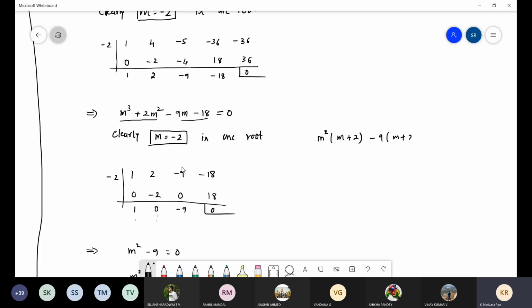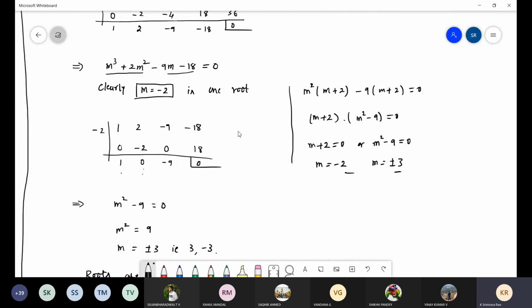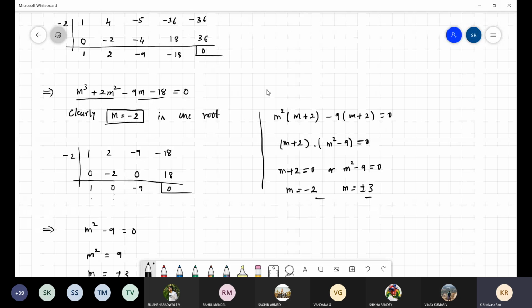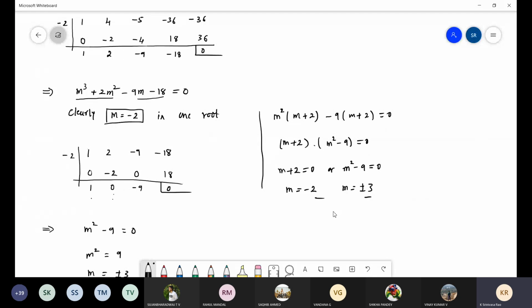Again I will get m plus 2 equal to 0. Now take m plus 2 common. m plus 2, then you will get m square minus 9 equal to 0. So the factors are 0, which implies m plus 2 equal to 0 or m square minus 9 equal to 0. Nothing but m equals minus 2, and m equals plus or minus 3. Is it right? I can get the same roots in this method also. The synthetic division method is one method, correct, but you can think in another way also. You can avoid a number of steps actually. So finally the roots are minus 2 and again minus 2, plus 3 and minus 3. You will get the same answer.